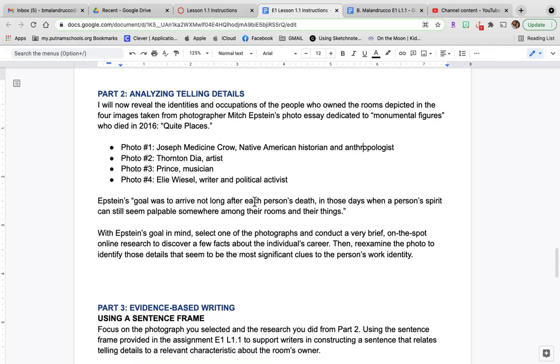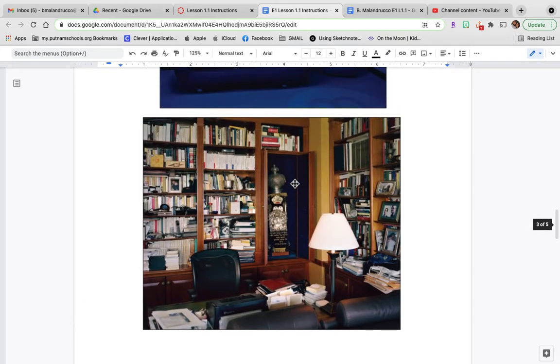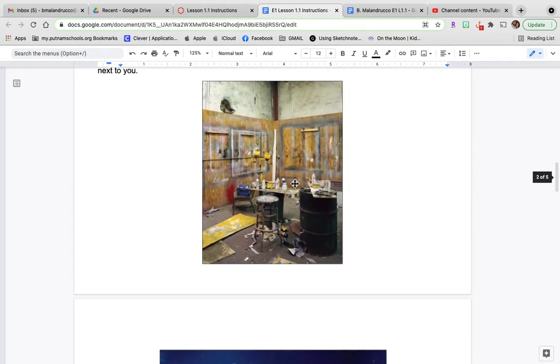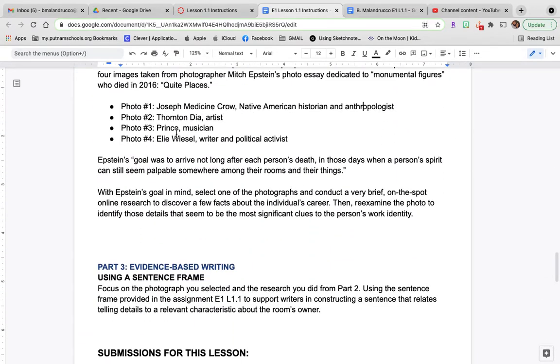So, which photo do you want to use? And remember, now you know what each of these people are. This first photo was a Native American historian and anthropologist. This person here was an artist. Then you have a musician. And then you have a writer and political activist. So pick the photo that best suits you to research, and research really quickly, not more than 5 minutes, who these people were. It's a quick,